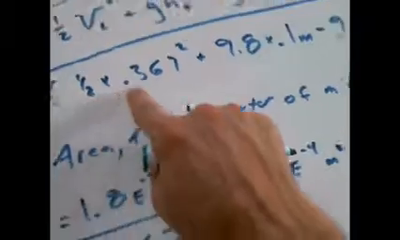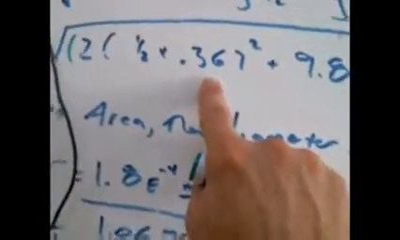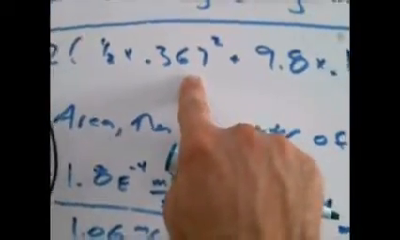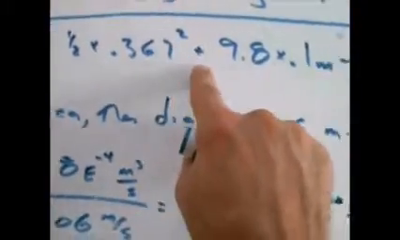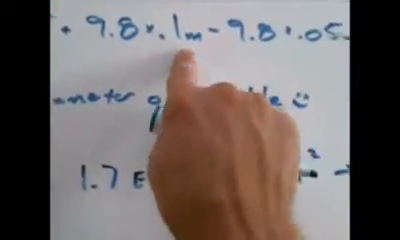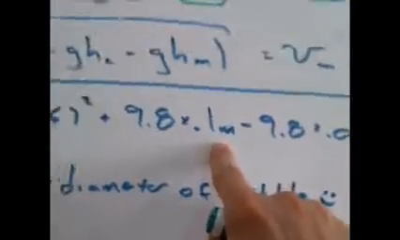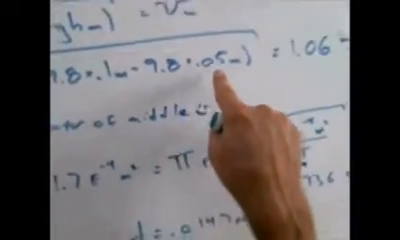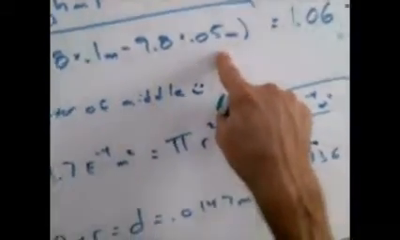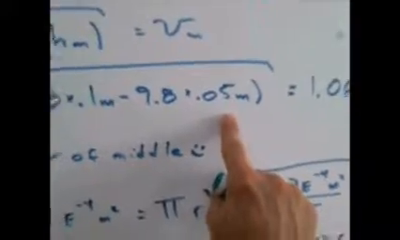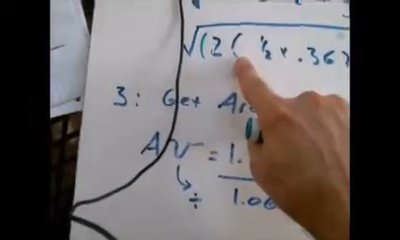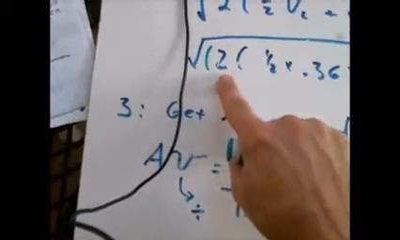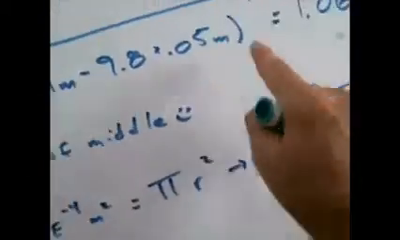2 times 1/2 times the velocity on the left, which is 0.367. We got that in part A, or the first step. Don't forget to square it, plus 9.8 times 0.1 meter. Again, it was a 10 centimeter column of water. Don't use 10 centimeters, use 0.1 meter. And we're going to subtract the gh in the middle, which is 5 centimeters, but we're going to use 0.05 meters. That quantity is what you're done doubling,